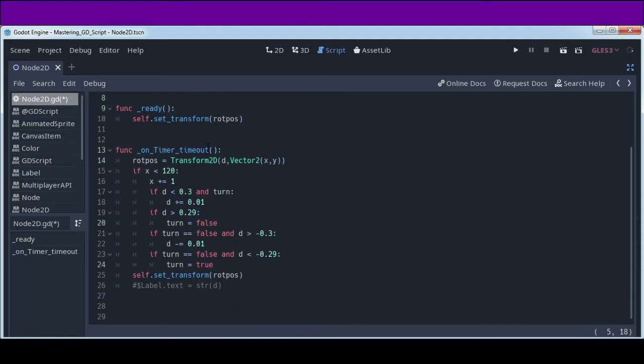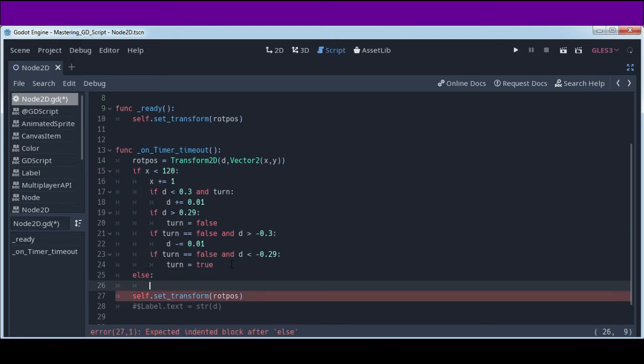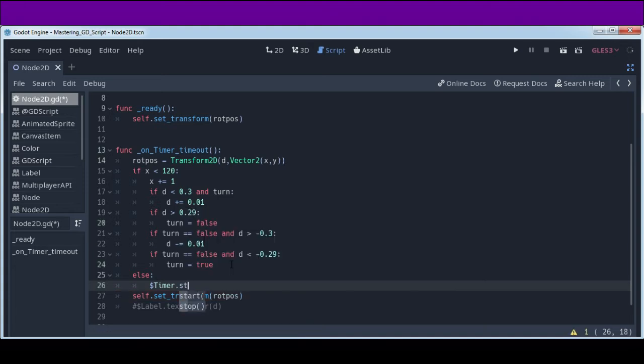And also because you have a constant movement, a constant working of the timer, you need to do something for the timer. For example, you can put some else here and say that the timer stops in this position,